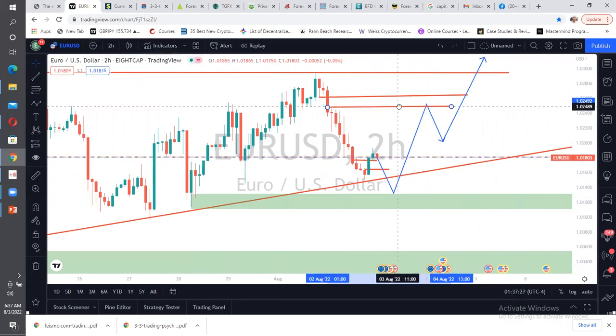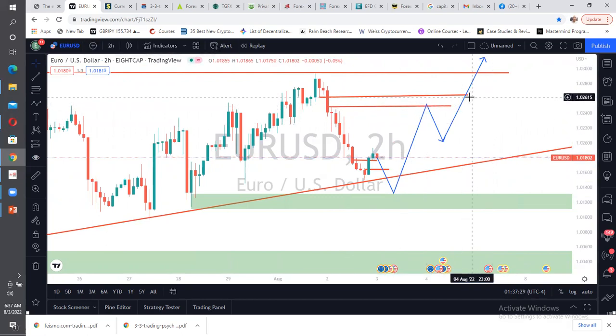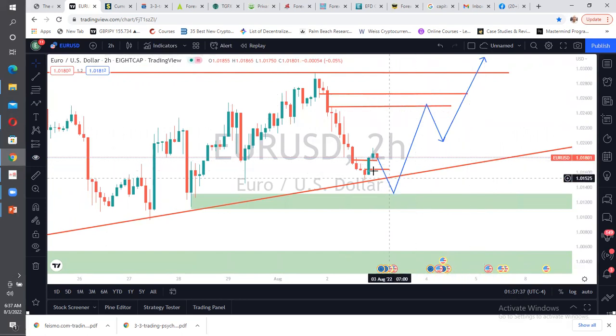On this chart, I'll be looking for it to go long once I see this fulfill my analysis. So I'll be looking for that. If not that, I'll actually be looking for it to shut down to this level before I go up. This is what I'm expecting on this particular pair.